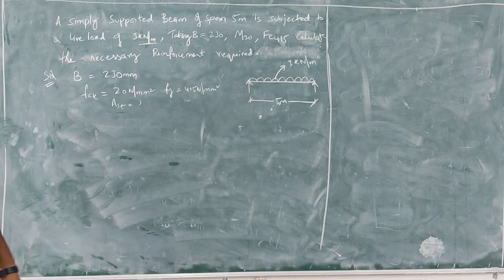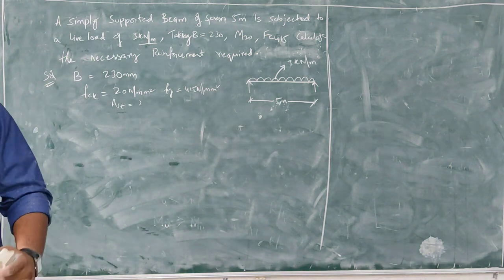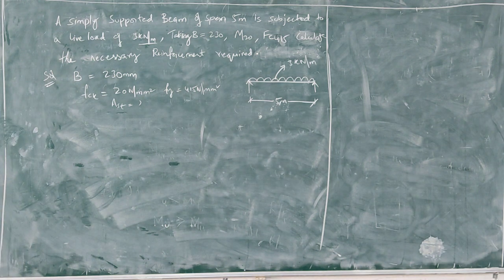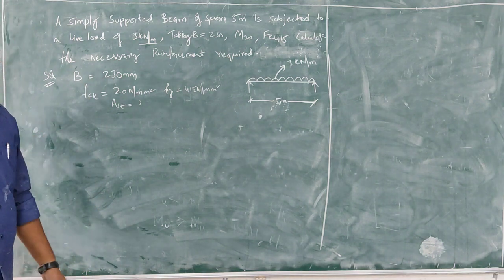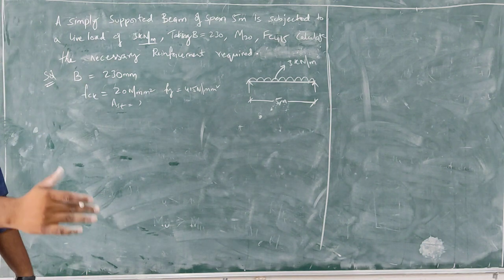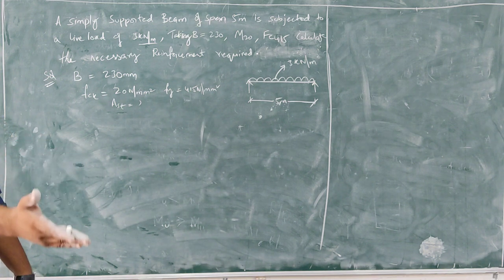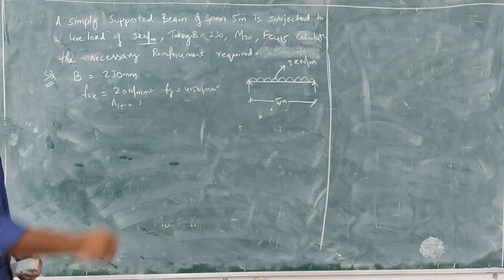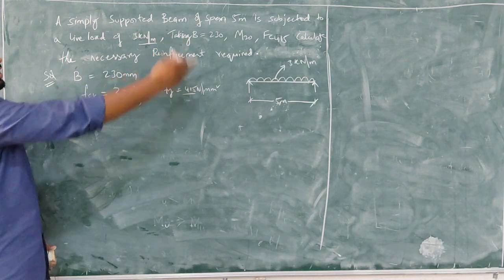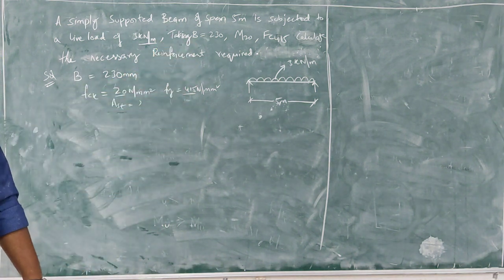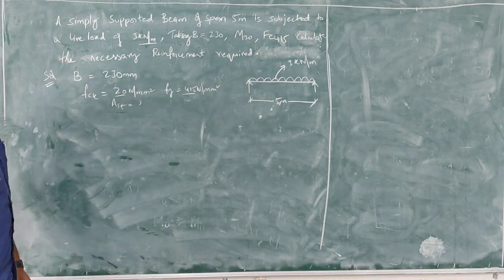Okay. So first step is, if you see the steps, what is the first step you have? Assume breadth, width of the beam or breadth of the beam, directly given to you, need not assume. Okay. Some quantities if you are given, you need not assume. Whatever is not given, not mentioned in the steps, you need to assume that. Sometimes this 20 and 415 are not given in the problem. You assume M20 grade of concrete, Fe500 or 415 grade of reinforcement and complete the problem. Okay. So first step is directly given to you. Next step,